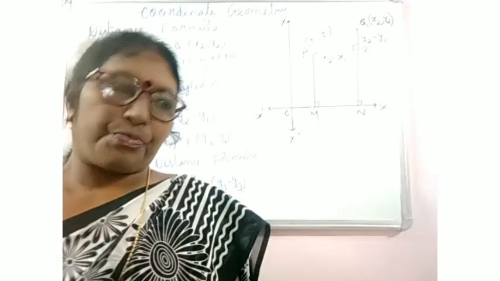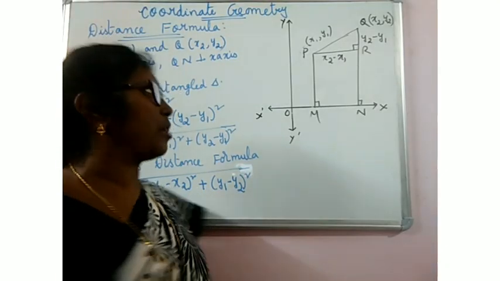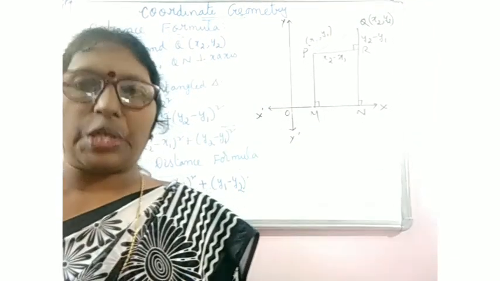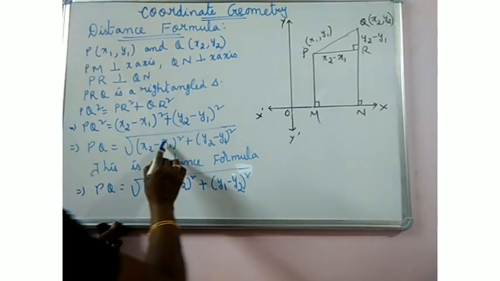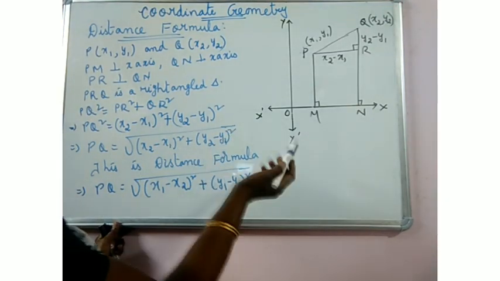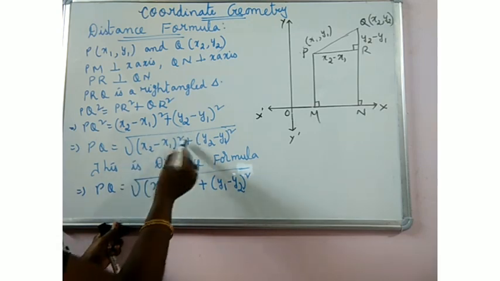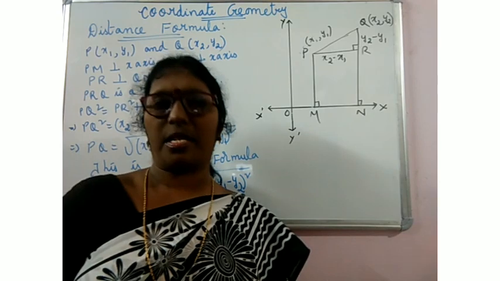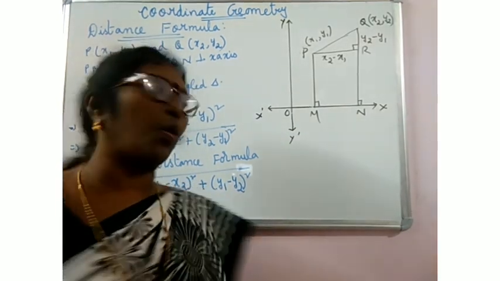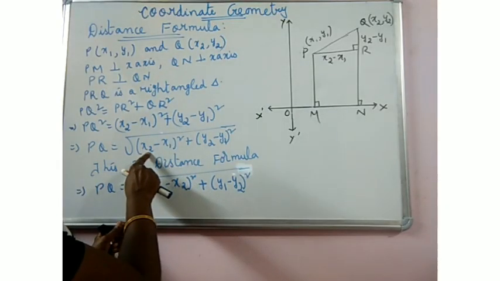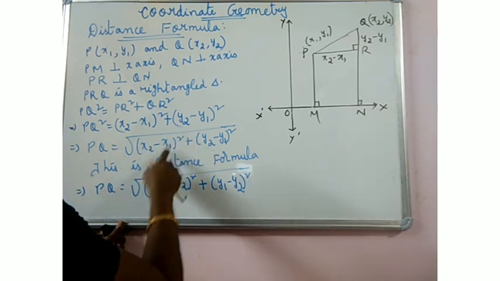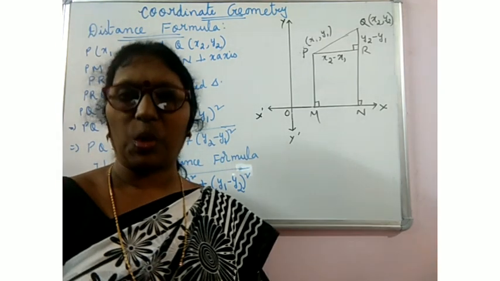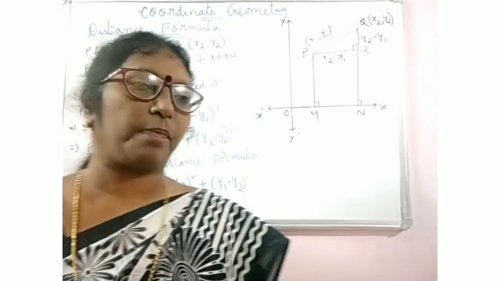And if you want to find the distance of a point from the origin, you know that the coordinates of the origin are 0, 0. So if the point is x, y, its distance from the origin is just the square root of x square plus y square. You take the given point's x coordinate minus 0, so x minus 0 square means x square, and y minus 0 means y square. Okay, if the coordinates of a point are x, y.